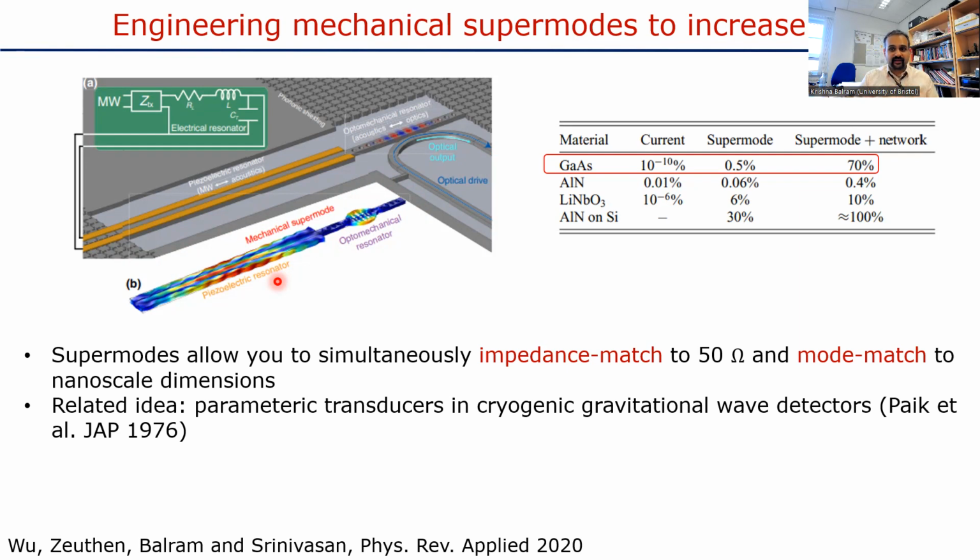So this effect works very well in theory. You can see from the calculations in this paper that the improvement in transduction efficiency is almost orders of magnitude higher, and near unity efficiency can be achieved in this platform. And just for the experts in the audience, this is not really a new idea. Pretty much all resonant gravitational wave detectors use some variation of this parametric transduction readout in their operation. In some sense, we are running this effect backwards here.